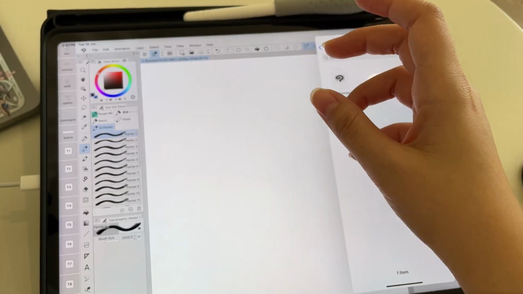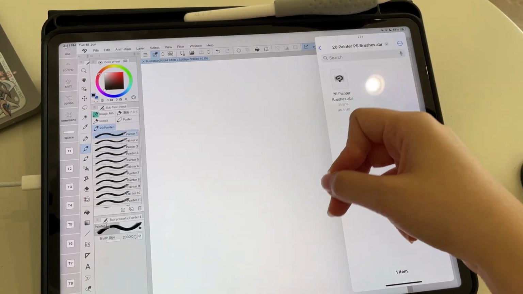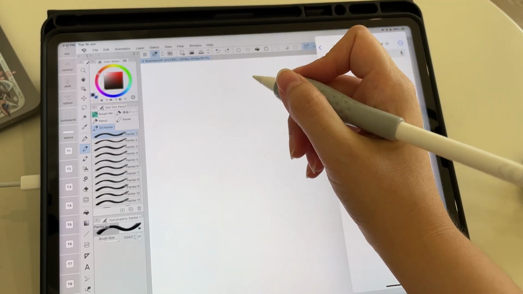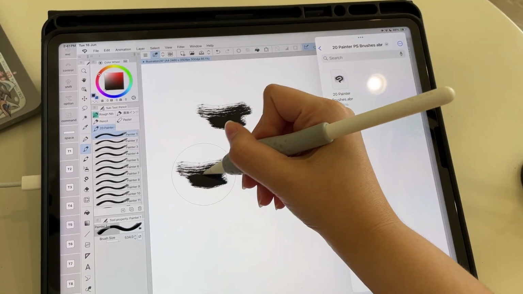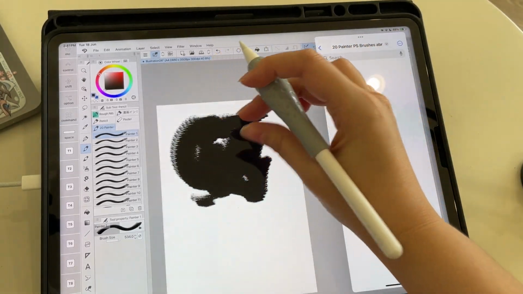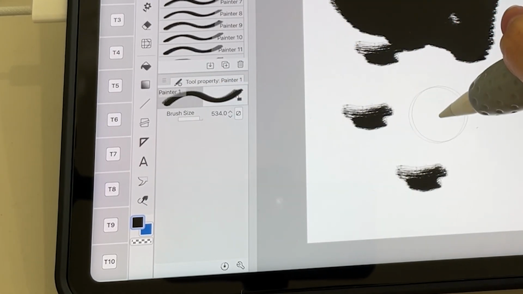And here it is. What I mean by a hit and miss is because back then people didn't use pen tablets, so drawing wasn't really much of a thing. You might end up downloading a brush that's like this. It calls itself a brush, but in reality it's just a stamp. So if I tap right here, you'll see it's got that nice brush texture, but if I draw with it, it's not a brush. You can see in the tool property right here, there's no other settings except for size. That means it's just used as a stamp.